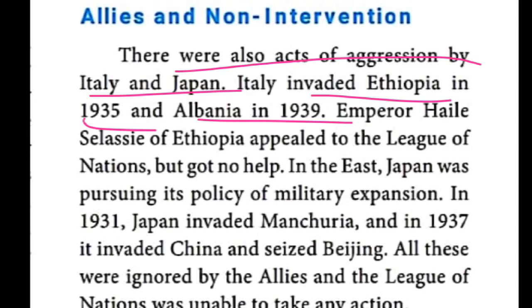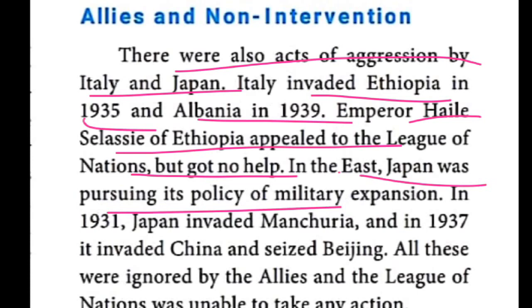Ethiopia's leader at that time was Haile Selassie. Emperor Haile Selassie appealed to the League of Nations, but he did not get any help from the League of Nations. Haile Selassie of Ethiopia asked the League of Nations, but the League did not give any help. At the same time, in the eastern part, Japan was